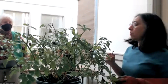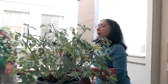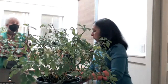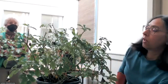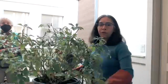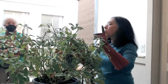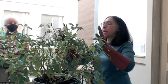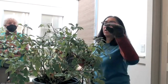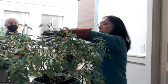So this rose probably would have flowered on that much earlier than April. All right, okay, so if you've noticed, I've already got rid of those wayward, well, what we would think wayward canes. I've kind of made the bush a little bit more equal. I'm going to continue doing that and remove